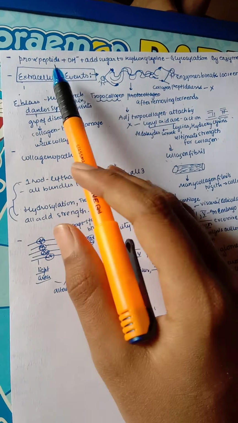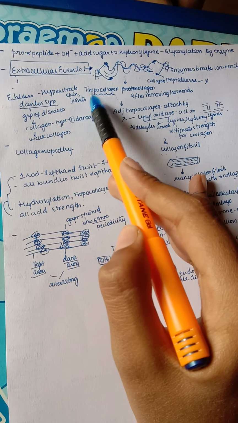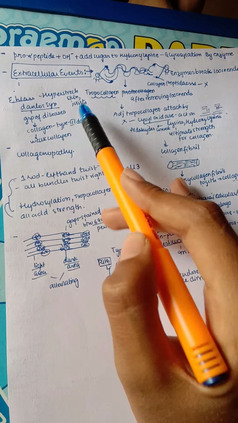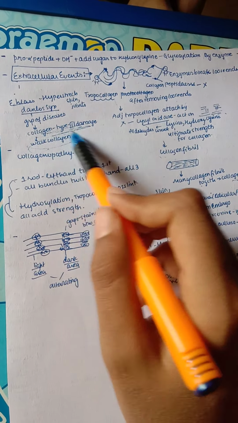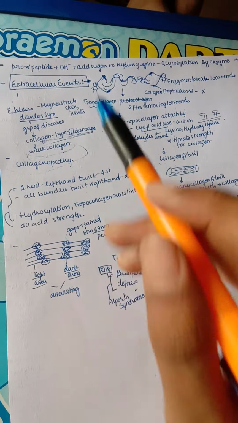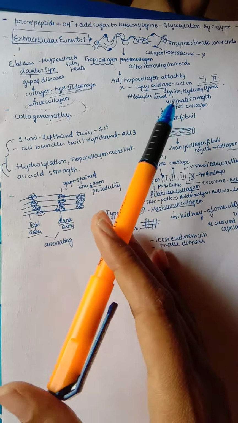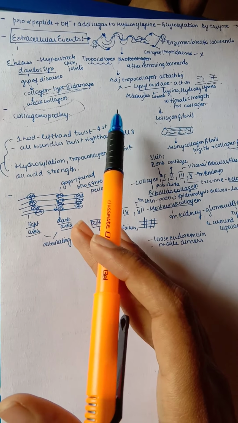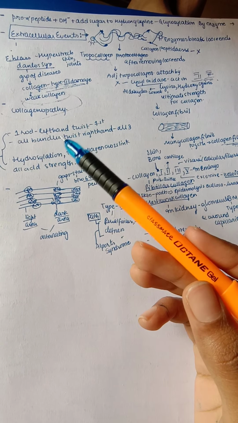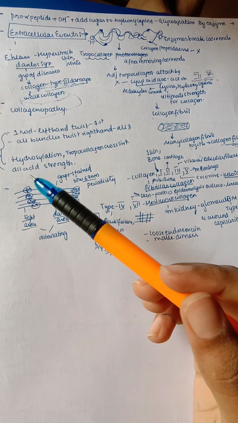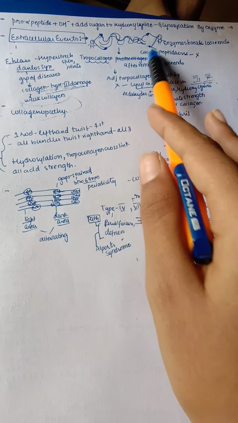Now you can see some syndromes related to extracellular events. Here we have Ehlers-Danlos syndrome, that is hyperstretching of skin and joints. This is mainly a group of diseases due to deficiency or damage of collagen type 3, and there is weak collagen. And there are also some other collagenopathies. For example, as we know, every collagen has 3 alpha chains forming the collagen. So first each chain should be left-handedly twisted, all 3 should be left-handedly twisted, and next the 3 should be bound right-handedly. So this is the process which is taking place in this.